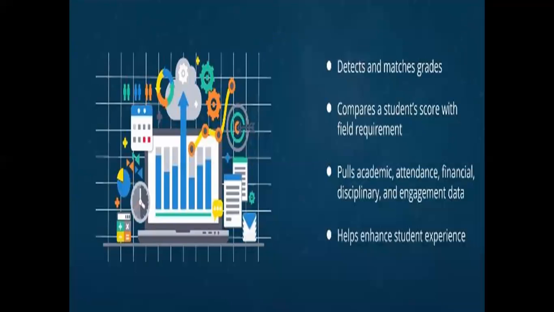And also some more continuation. This is a bar graph: in one month performance will be high, and in another month performance is not good, and we need to detect that and match grades. Depending on your marks, grades will be evaluated, and the student's score will be one of the requirements. Comparing with different students, academics, attendance, financial, disciplinary, and engagement data, everything will be there. It also analyzes student experience. Student experience is also very important: how he is performing, whether he can do it or not, whether something creative will be created or not. It will be noted.